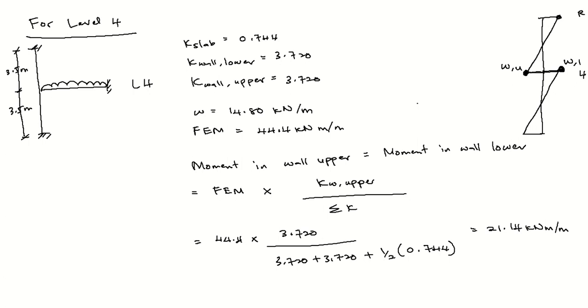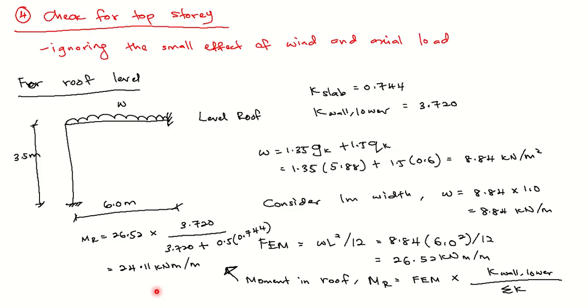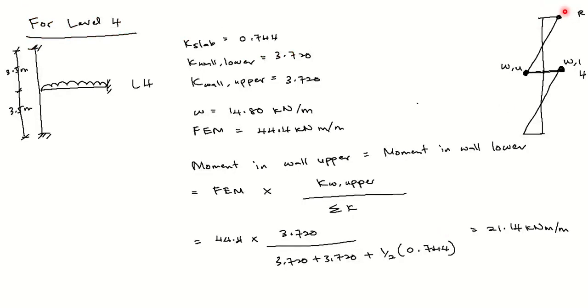Once we have the moment at level 4, 21.14, so here is 21.14. At the roof, how much? 24.11. Okay, 24.11 is here, 21.14 is here. All right, and we can see that 24.11 and 21.14, the higher value is 24 and 21, so 24 wins. And